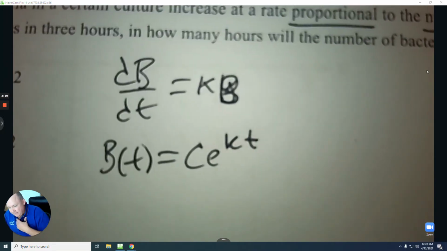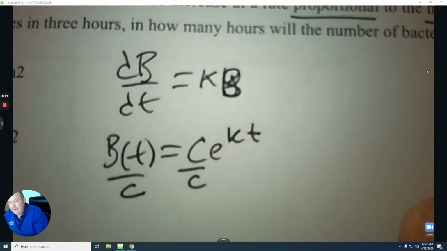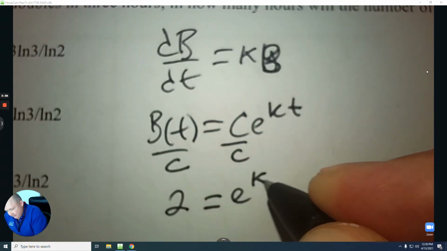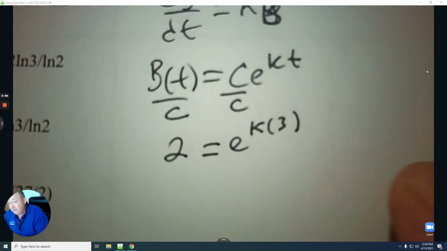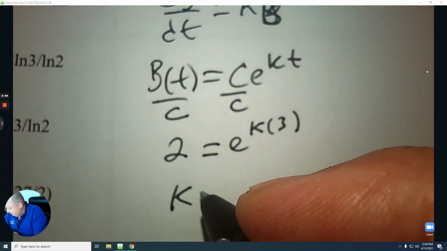And now you bring in the information. So it says it doubles. So when I divide by that original amount, double means 2, and it doubles in 3 hours. You can use your calculator. You're going to solve for k. So if you did it correctly, k is equal to